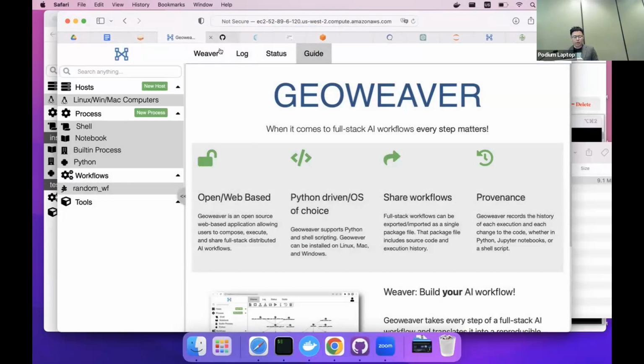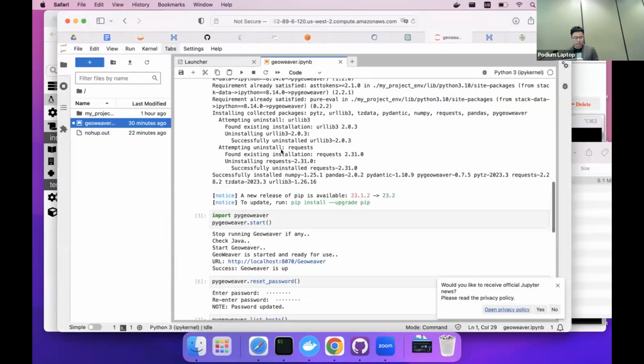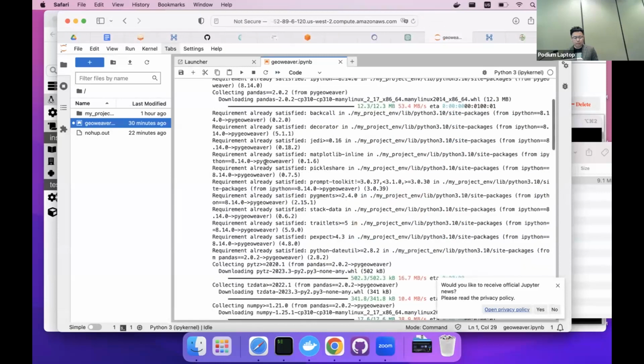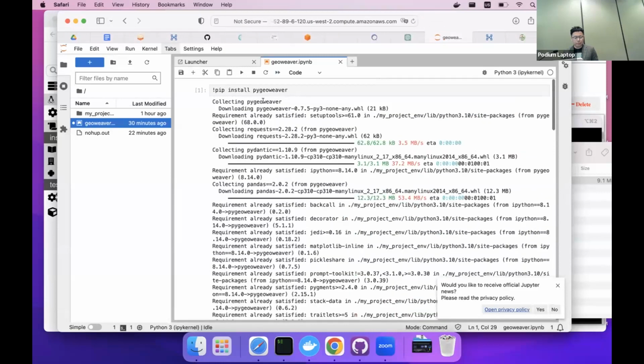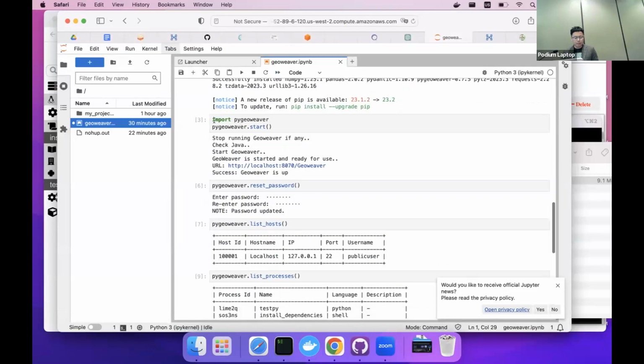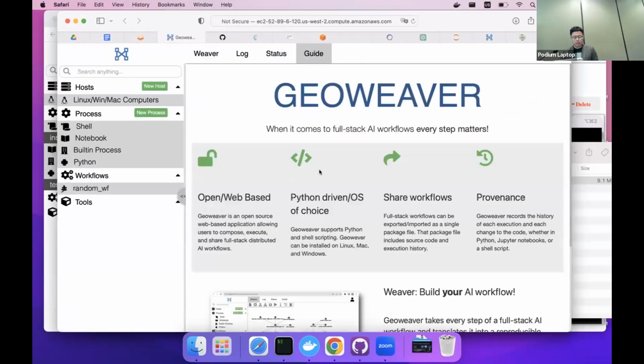Actually, where is the Python? I actually started PyGeoWeaver through a notebook here. So what you do is just pip install PyGeoWeaver, then import PyGeoWeaver and run PyGeoWeaver start, and that's it. Once it's started, you can just go to this link, and here we go.